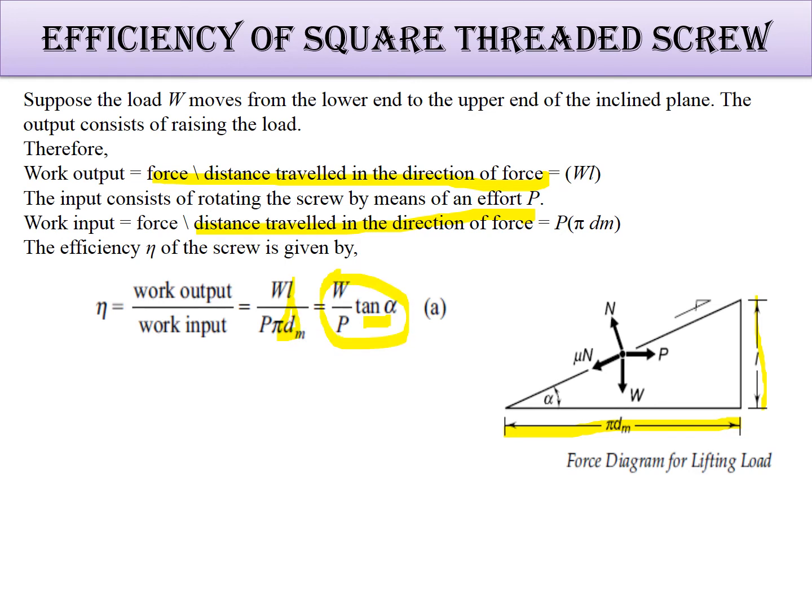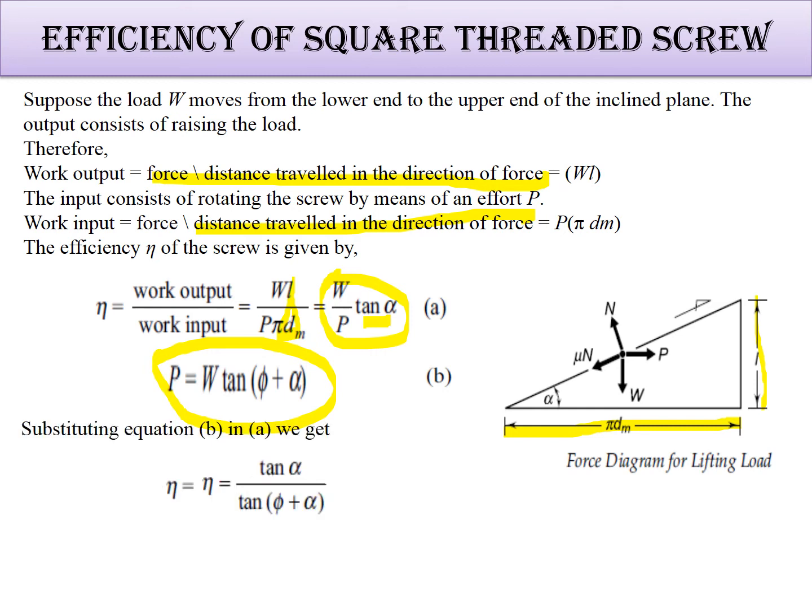Now we get this equation. Okay, now how to get the value of W and how to get the value of P? Just see. So P is equal to what? We know this relation which we have already seen, P is equal to W tan of phi plus alpha. If you put this value here, then what will we get? This W and this W will get cancelled definitely. So tan of alpha upon tan of phi plus alpha. But this tan of phi plus alpha means what? tan of A plus B. It will explain something more.